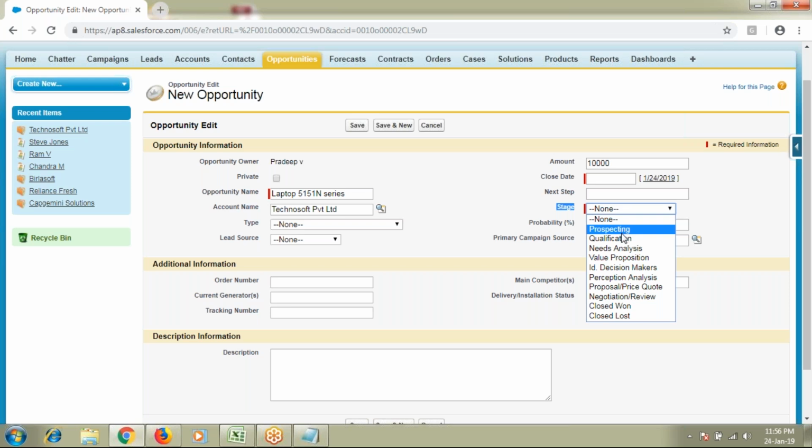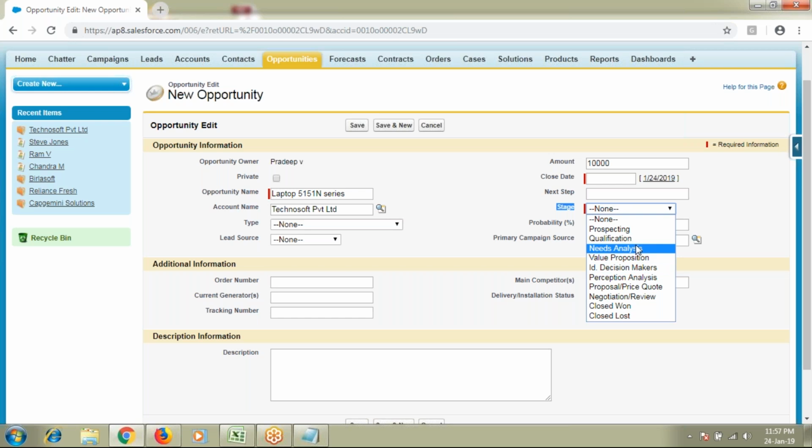Currently you can see different types of stages starting from prospecting, qualification, where it requires some analysis and involves decision makers, proposal or price quotation, where we have to release a quotation for the price, and negotiation. They might come up with some negotiation, and finally closed won or closed.